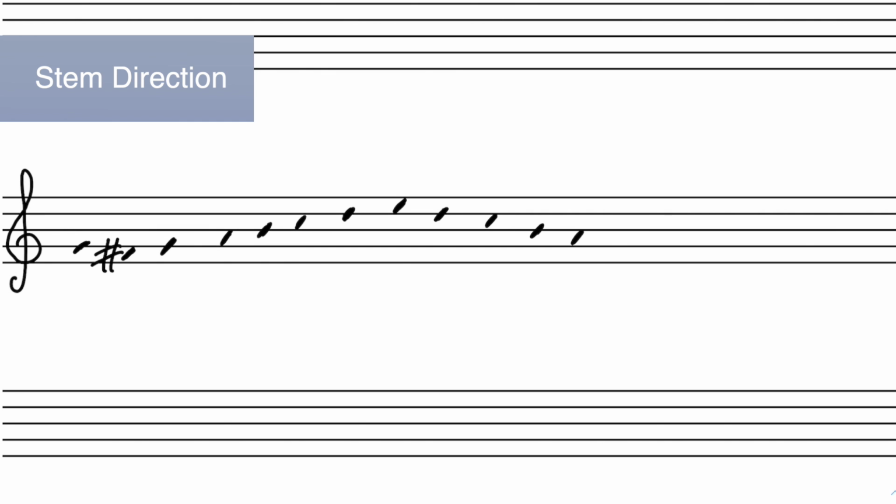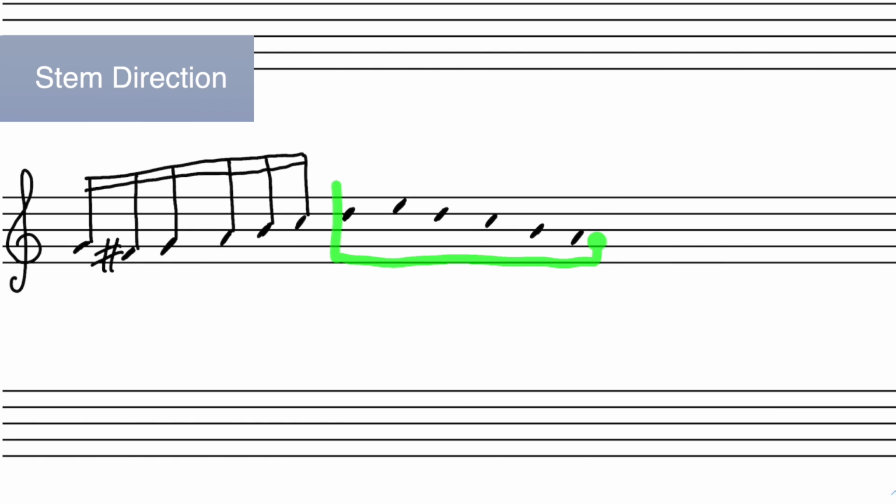And as I do this, you'll see my trick for beaming notes. I start with the first stem, and then I go to the last stem, and I use that to eyeball my angle. Then I go ahead and connect those stems with one of my beams. And in this case, I know I'll need 2 beams, but first let me put in the rest of my stems. Make sure they meet that first beam, and then I put in the other beam. So that's how I beam notes.